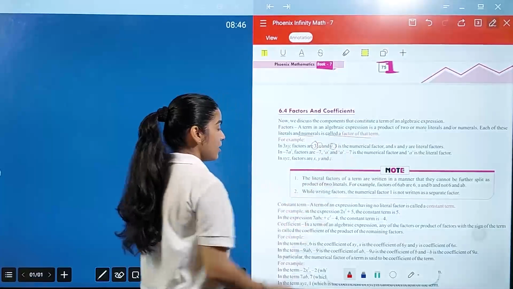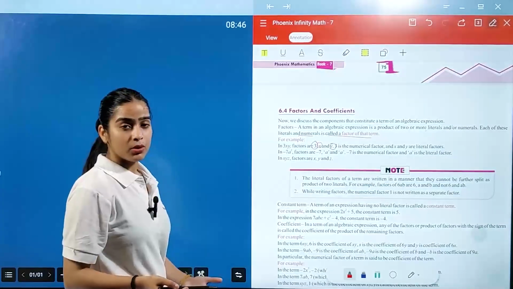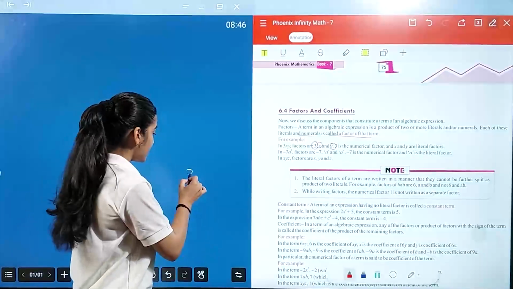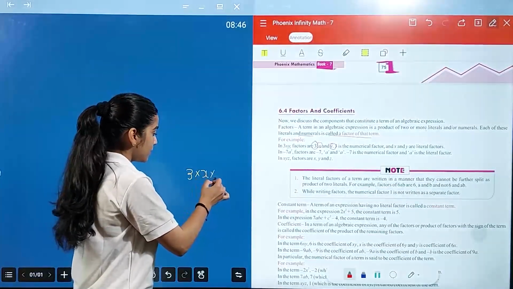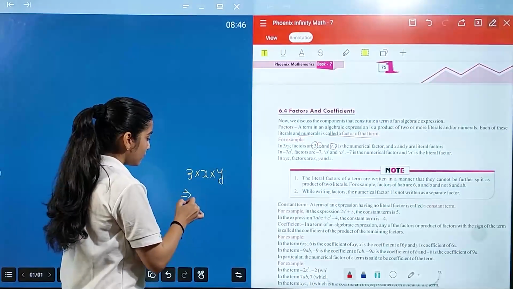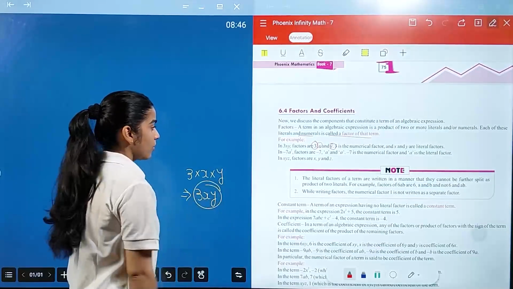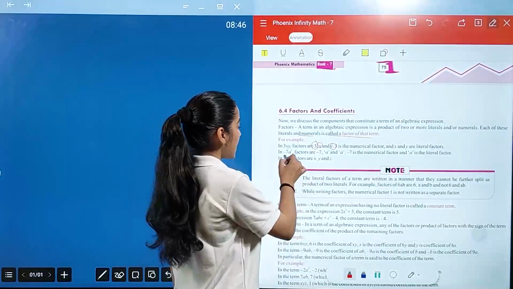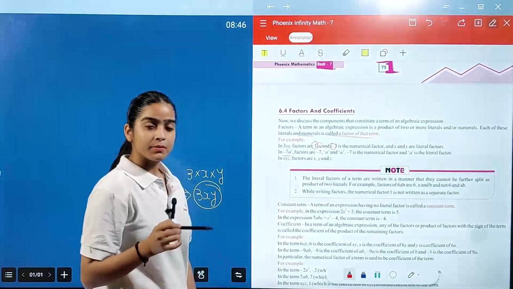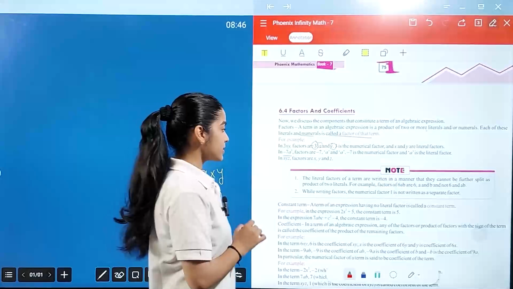3x and y, because we are multiplying them together, right? 3 multiplied by x multiplied by y. That is why the product of these three is 3xy. Now in this, minus 7a square means minus 7 multiplied by a square, that is why this is minus 7a